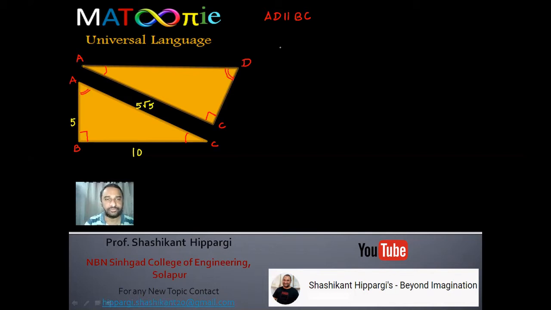So we will consider the ratio of the sides of one triangle with respect to the ratio of the sides of the second triangle, so that I can calculate what is CD. We will try to understand which sides, according to the similar triangles, can be put under the same ratio. If you look at this, this is a 90-degree angle and opposite to it is the hypotenuse. Here also there is a 90-degree angle and opposite to it is the hypotenuse. So these can be put under ratio.